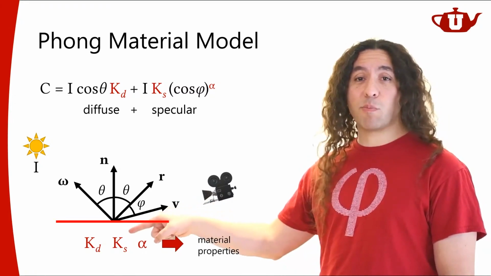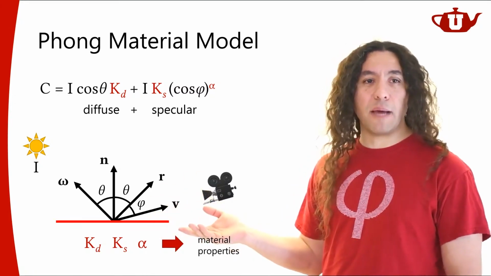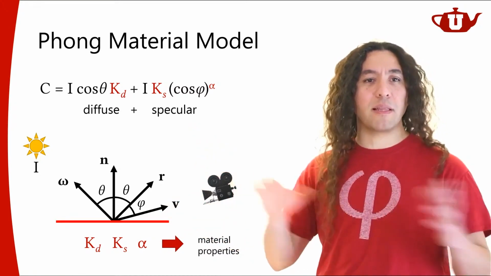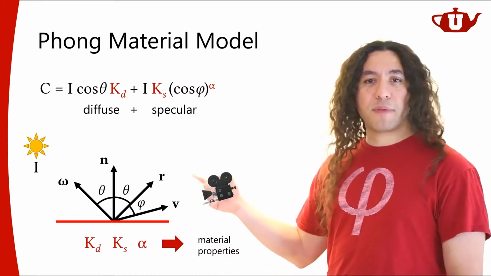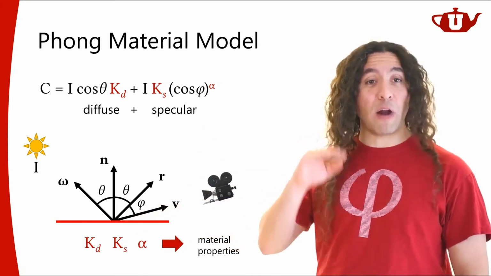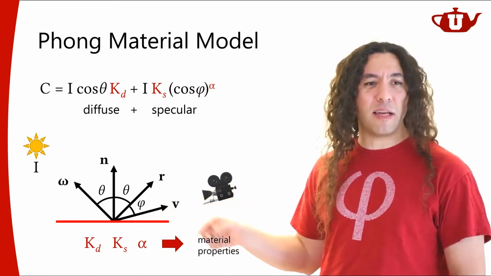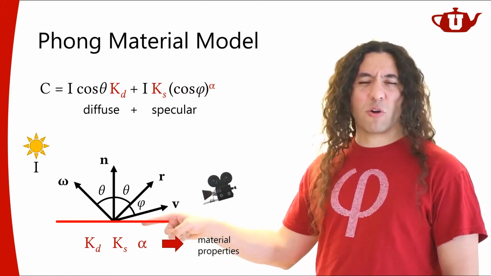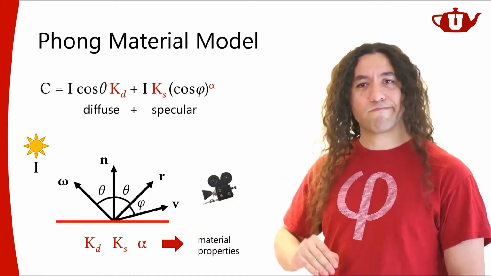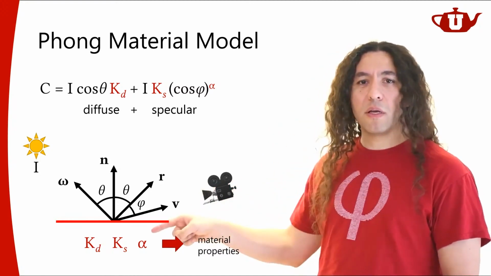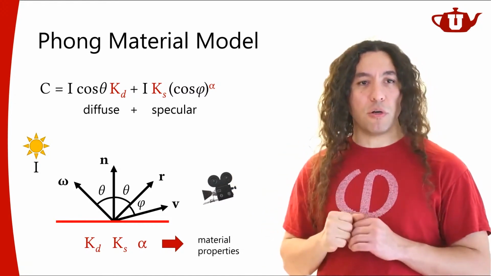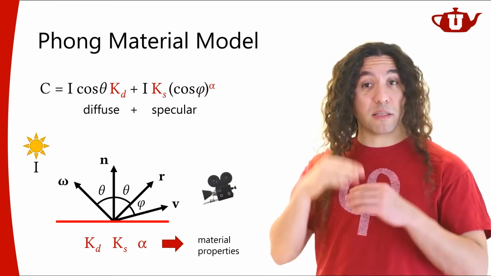If Ks is black, that is 0, 0, 0, that means I won't have this term, and the material will look completely Lambertian. If Ks is some colored value, it's typically going to be white or some shade of gray. That's typically what it is in most materials, so it's not going to be tinted. It can be tinted in some materials, but oftentimes it's going to be just some gray value. So it's going to tell me the magnitude of the specular reflections.